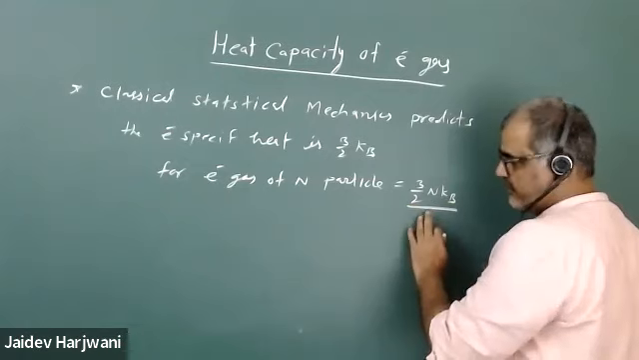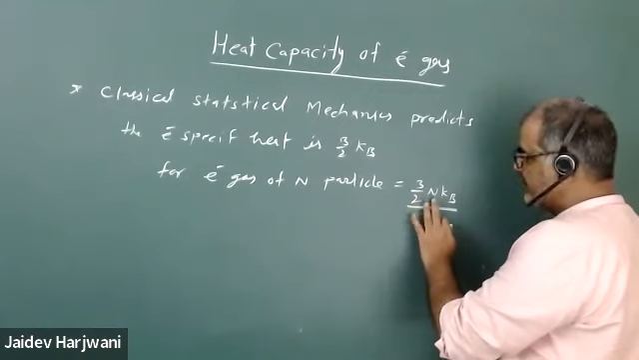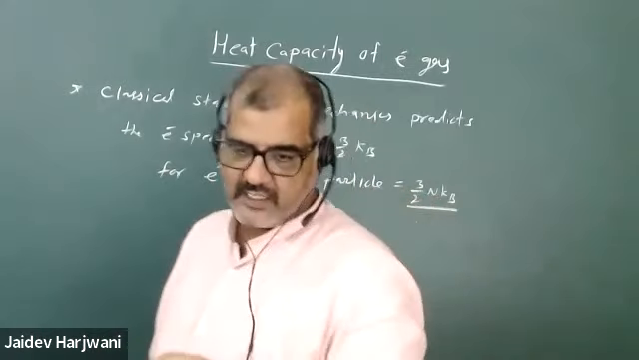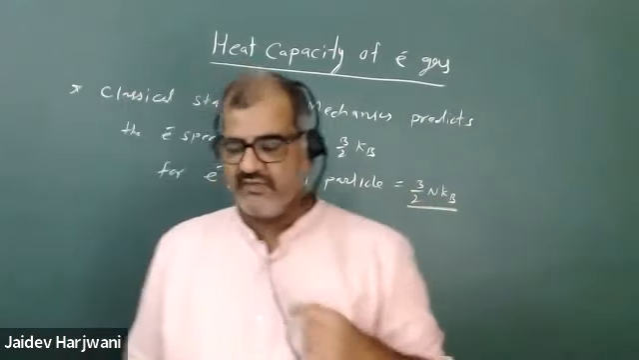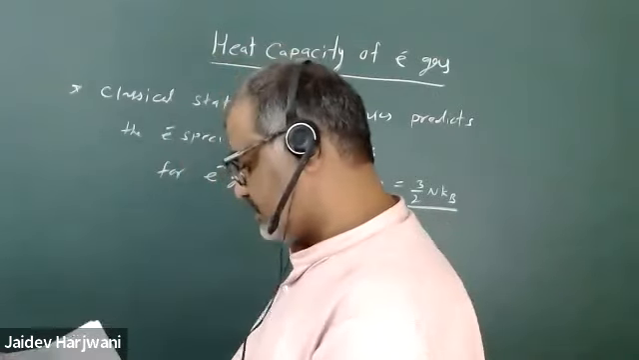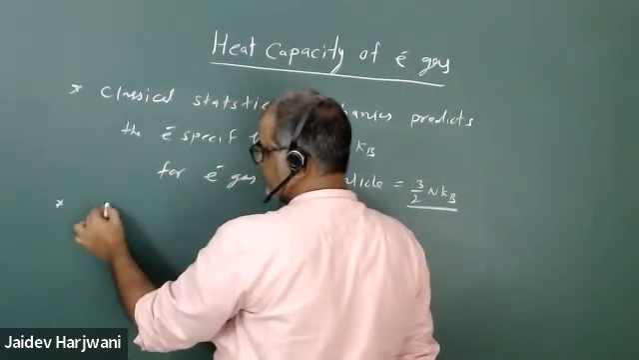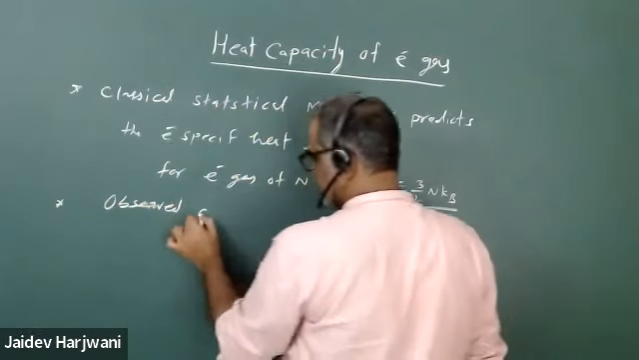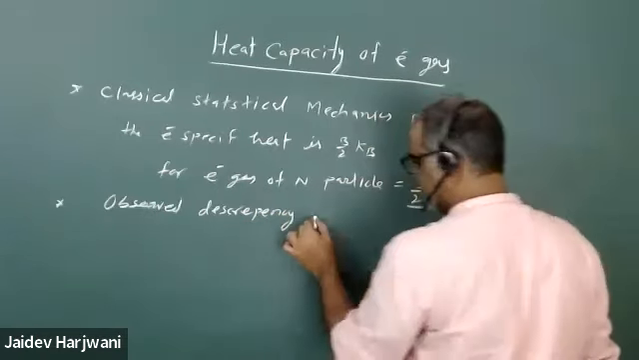Last time, when we were discussing this, I told you this problem arises mainly because we are counting all the n particles. But in the actual case, not all the n particles contribute to specific heat. Only the electrons near the Fermi level, a fraction of the electrons, contribute to specific heat. So the observed discrepancy is removed